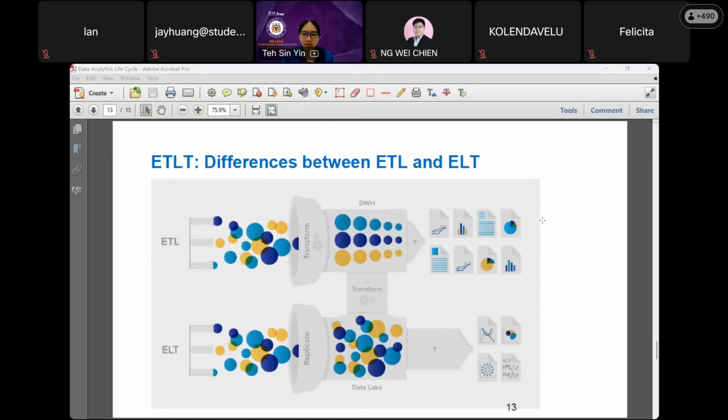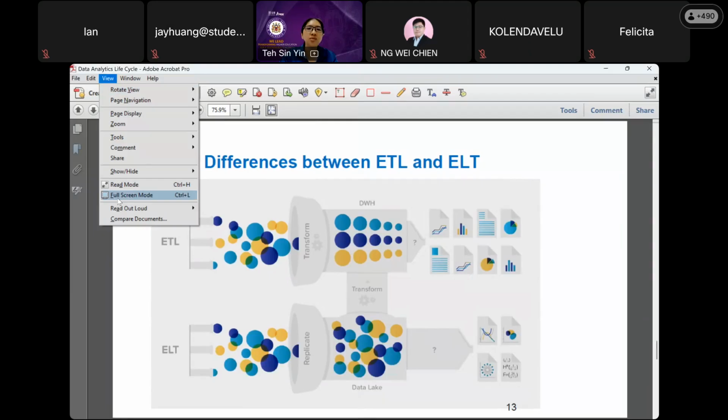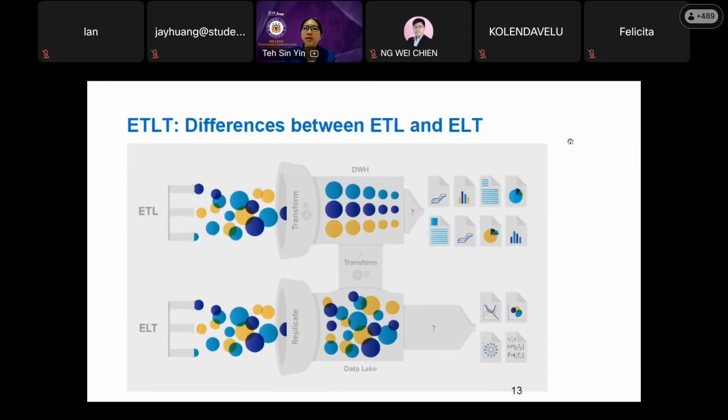Okay, so in the real world, when we do the data preparations, especially for the data analytics sandbox, these 2 terms are used very frequently. I don't want you to go out and work, and when people talk about ETL and ELT, you don't know what this means. ETL stands for extract, transform, load.